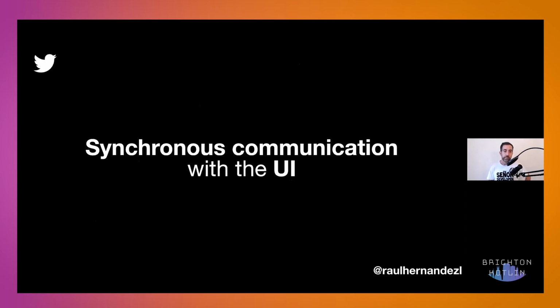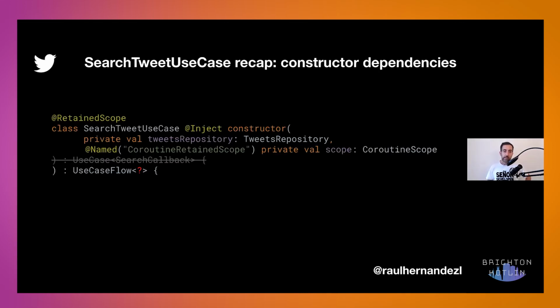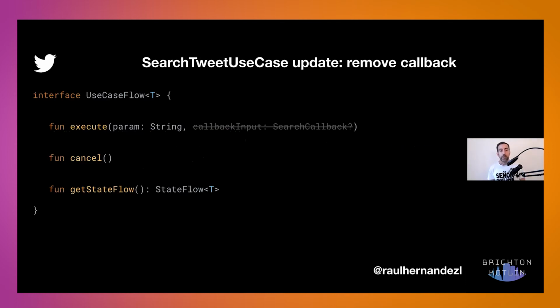So here we are. Now let's see how we can synchronize with the UI. In the use case with the flow, we are collecting things and passing those things back by means of the StateFlow to the different entities until we arrive at the view. So basically we are replacing all the callbacks all the way down to the view. We remove this use case that is a bit legacy, and we create a new one. And we remove the callback. We don't need this anymore. And I'm going to pass this StateFlow that's going to be shared across the different stakeholders. StateFlow can be passed across Java and Kotlin files, so you can use it safely in Java files as well.